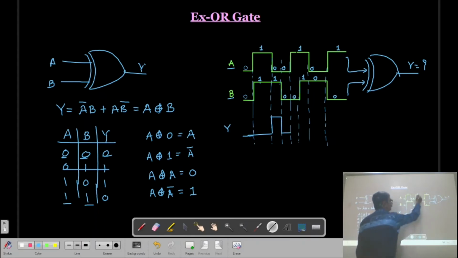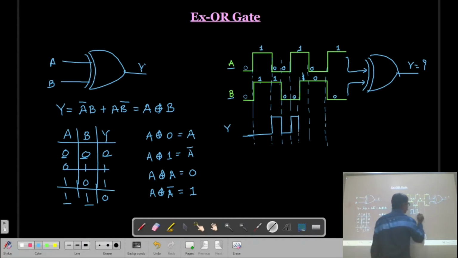Now in this combination, 1, 0 is present. For 1, 0 the output is high, so again the output Y will go to the high level. Then for this time period, this is high and this is also high, so in that case the output will go to 0.